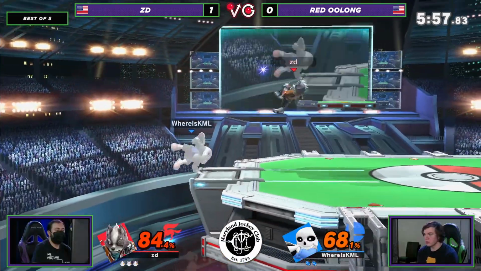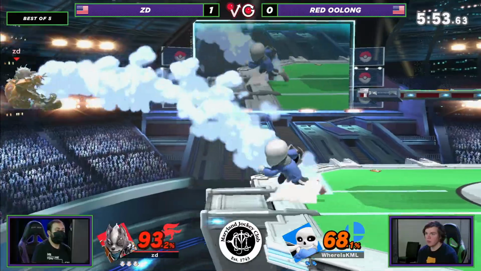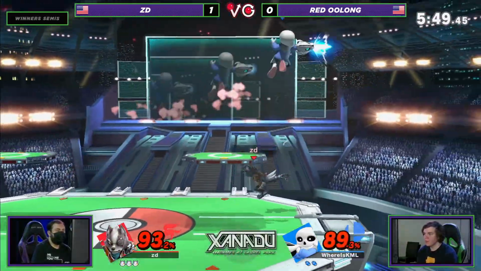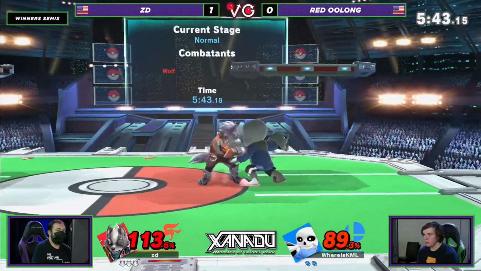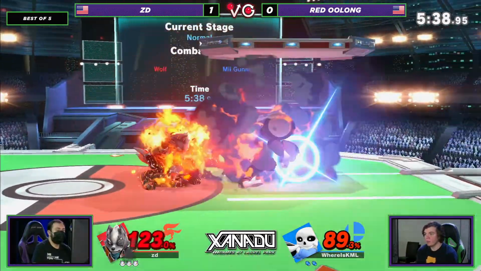The Gunner's aerials are really, really bad. Down air is super slow, and it doesn't even have a good hitbox. It is a poor move. Fair is really good as a movement option, and only a movement option. It can kind of keep space, but it doesn't do much. It reminds me of Villager's fair, where it's more effective because it tilts them than it is actually dealing